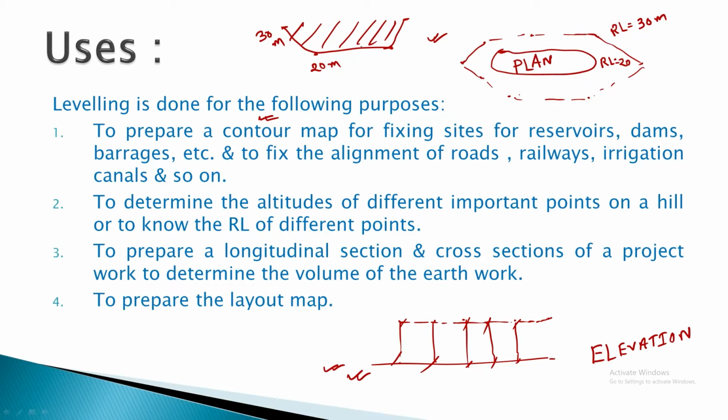Now if we have the opposite situation, suppose this one is 30 and this one is 40, then the shape will be something like this. That means we need to excavate this particular area, and only then can we make a level surface and carry out the construction, because it is very much elevated in this particular area. So by using the contour map, it will be easier to make the construction. That is a very important reason to prepare a contour map.